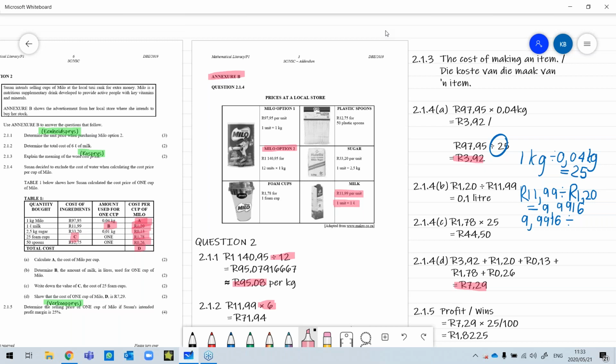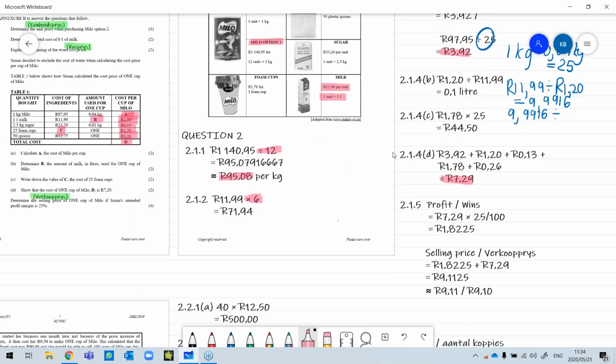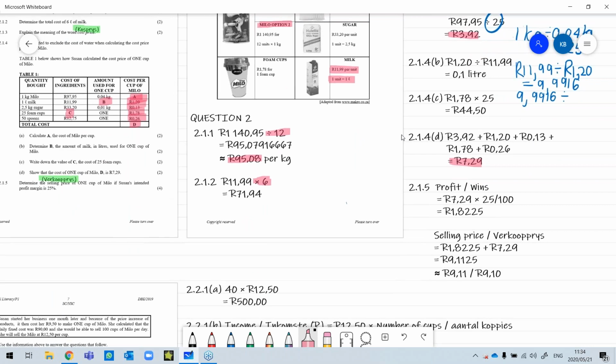For question 2.1.5, determine the selling price, the verkoopprys, of 1 cup of Milo if Susan's intended profit margin is 25%. So she wishes to make a profit of 25% on each cup that she sells. We determine this amount by saying she sells each cup for R7.29, and to this R7.29, we add an additional 25% of the original price, which is R1 and then